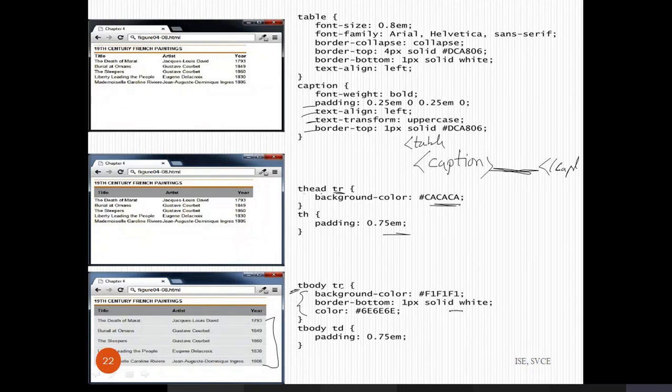Where it is specified solid white, that means the border of this table. You can see there is no black color here, it is just white color. Then color of the text. So this is how you can specify the border or the styling of the table.